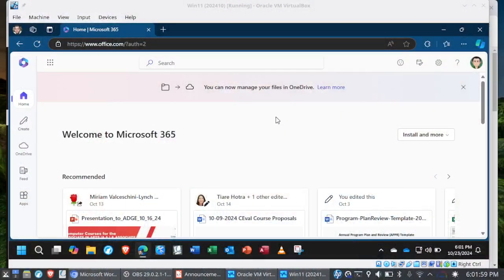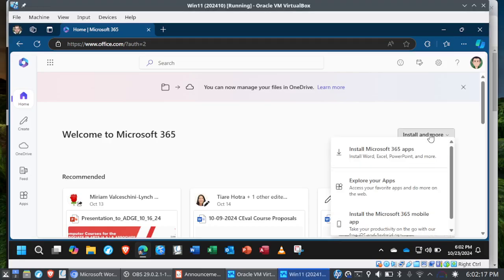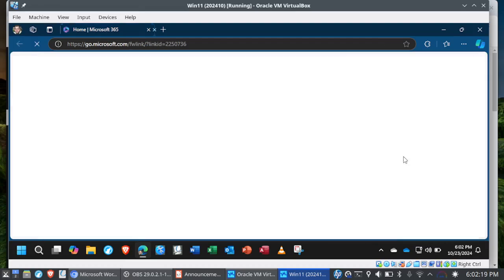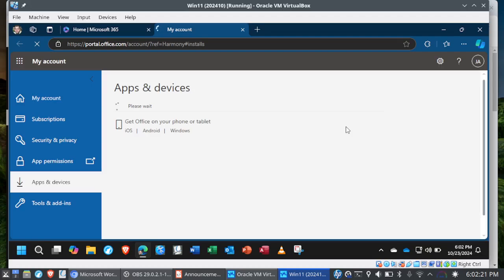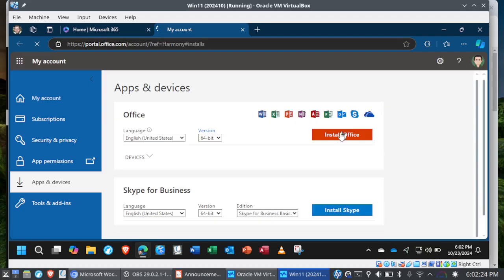And then from there, you're going to be taken to the Viking portal, and then you'll go through all of that. Or what you could also do is just log into your Viking portal and then click on Microsoft 365. So when you click on Microsoft 365 in your Viking portal, you'll be taken to this dashboard. Or if you log in through office.com and you enter your student ID at lbcc.edu, you're going to see this page here. To install Microsoft 365 on your home system, you want to follow this Install and More button and then choose Install Microsoft 365 Apps. And again, this is only if you're working from home, okay? And then choose Install Office and then follow the prompts.